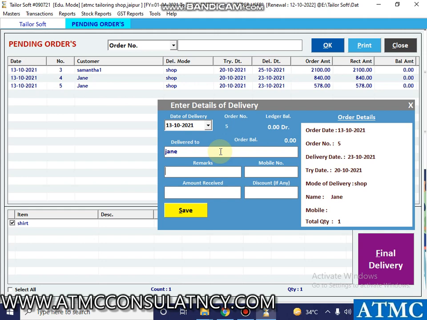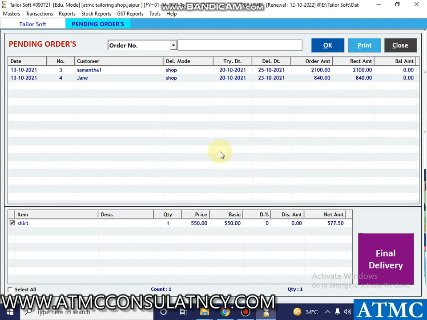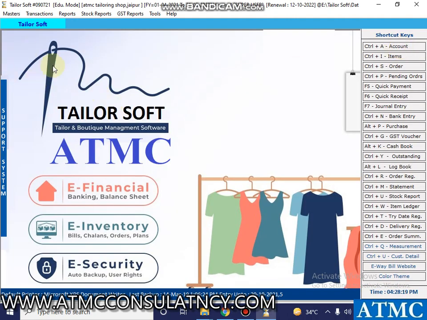So I write Jane, and amount received is, let's suppose, 840 rupees. Click upon save, and the order would be delivered successfully. Click OK, and here you will see in the pending order list, the order that has been delivered has been removed. So this way you can add the items to the software, you can do the order received entry, you can check out the pending orders,